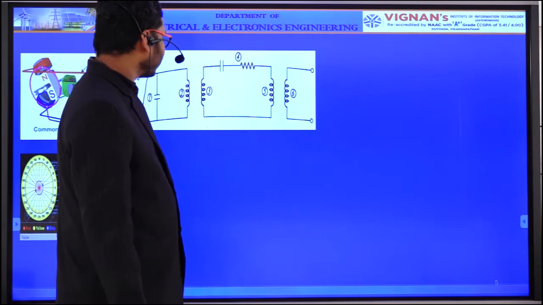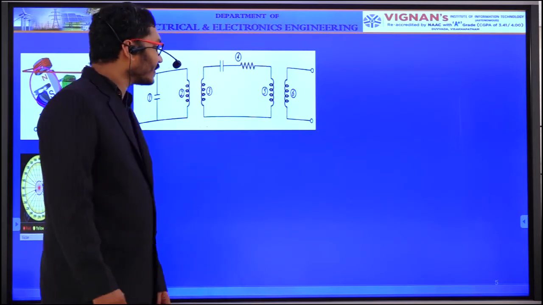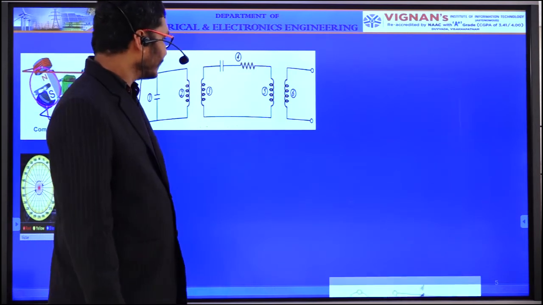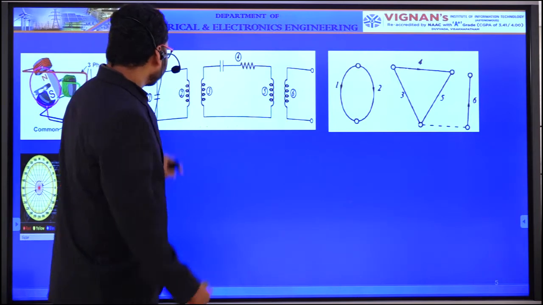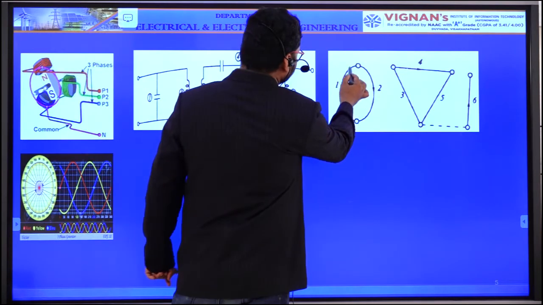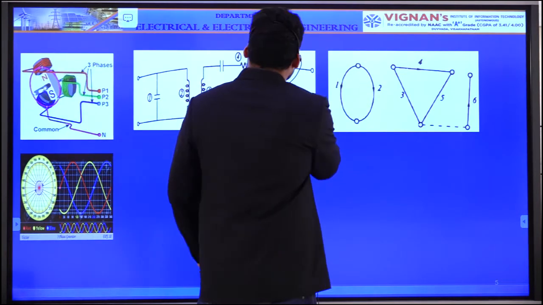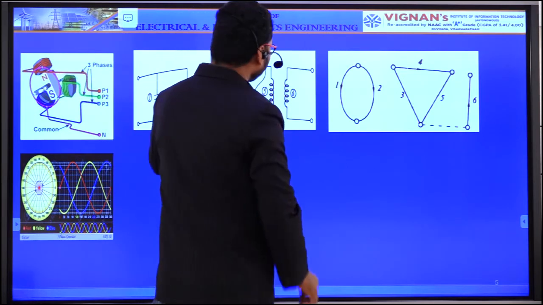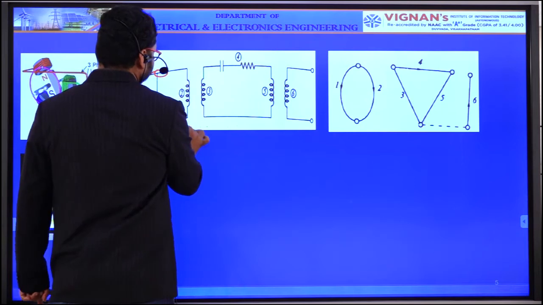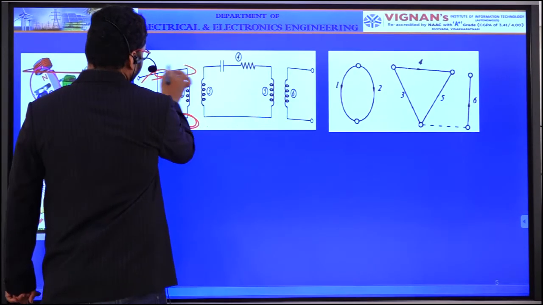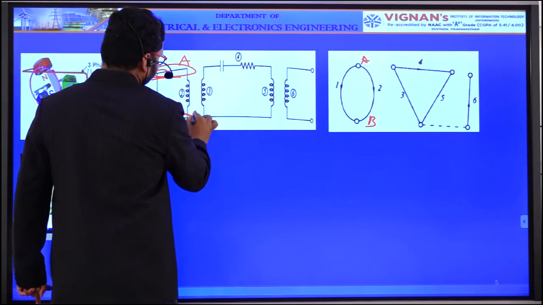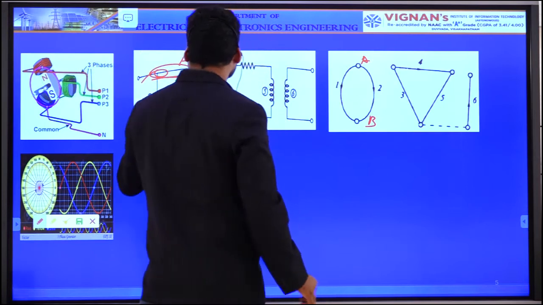Next, suppose this is a coupled circuit. A coupled circuit can also be analyzed by using graph theory. Say this is one node, this is another node. These nodes just make branches. For this also you can make branches, and you will get it like this. Just see here, this is node A, node B, node A, node B. You can make it like this, short circuit, short circuit.